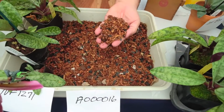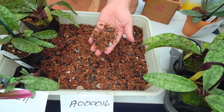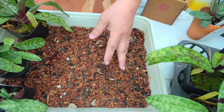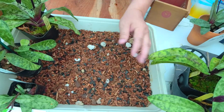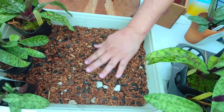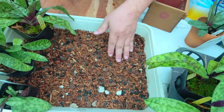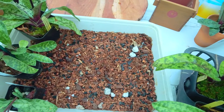We use this at our nursery, but in the fine mix we also have the bamboo charcoal in there. This is actually pasteurized. It's ready to use. It's not just the charcoal. This is bamboo charcoal. It has the perlite and the pumice, and this is the beautiful bark. It's a Douglas fir bark from Oregon. And so